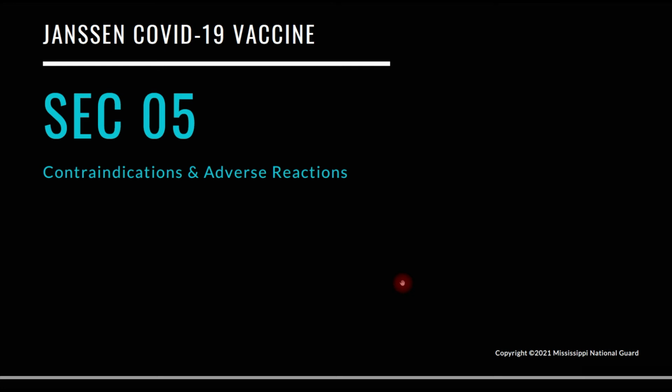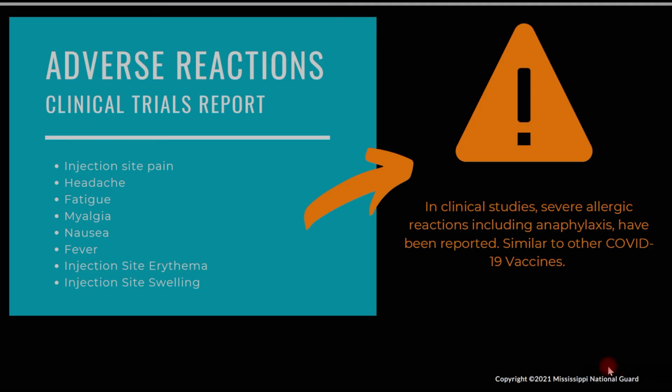Section 5. Contraindications and adverse reactions. Adverse reactions and clinical trials report. The following symptoms have been reported with the Janssen COVID-19 vaccine: injection site pain, headache, fatigue, myalgia, nausea, fever, injection site erythema, injection site swelling. In clinical studies,